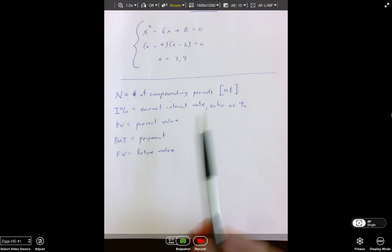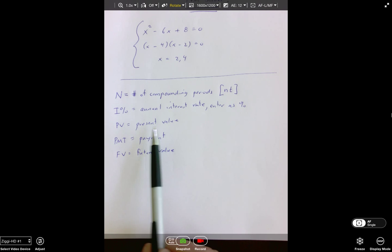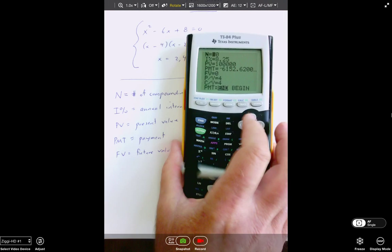For example, let's say we're amortizing a loan for a house. So again, we buy this house for $200,000 and we want to calculate the payment to pay it off. Okay. Well, our future value is going to be 0 in this situation because we want to be a good credit person, a good customer for the lending institution. So we want our future value to be 0. So we start out with the amount that we pay for the house. Our future value will be 0, and we could calculate the payment based on the interest rate and the number of periods that we want to